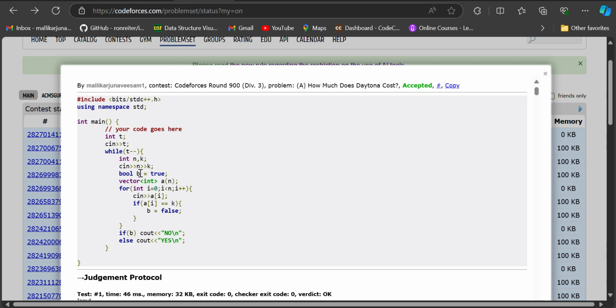So, n and k values. N is the number of elements inside the array, and k is the most frequently occurring element as per the question. So we have to check whether the element actually exists inside the array. While I am taking the input, I'm checking whether the taken input is equal to k. If it is equal to k, then we set b equal to false. Whenever b is false, we print